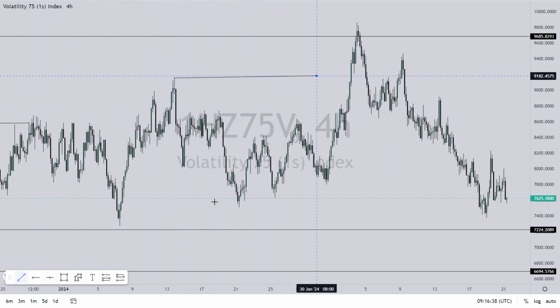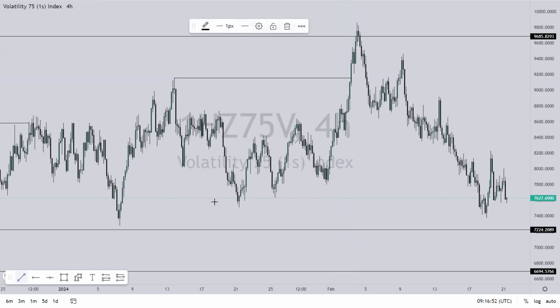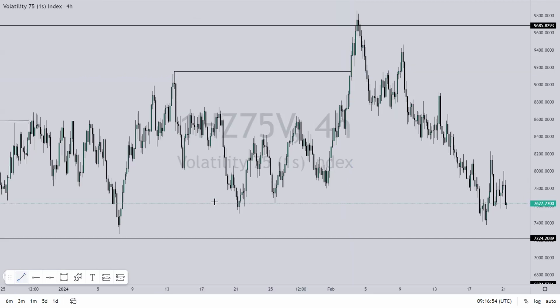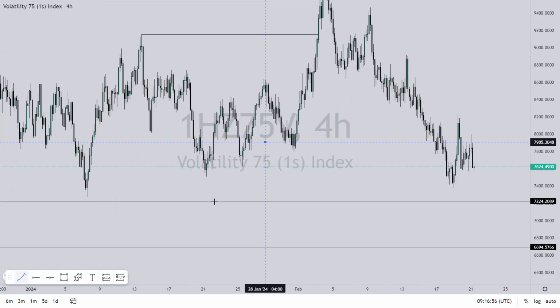So this was another break of structure to the upside. If you're going to continue this deep retracement, because this is a minor structure, then the market is very, very repetitive. Okay, so we had that break of structure to the upside. I wasn't really expecting the market to come back and break this particular low. It was this low I was not expecting the market to come back to break, but we are going to